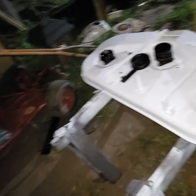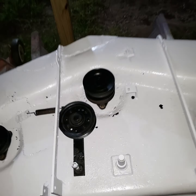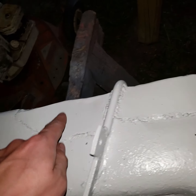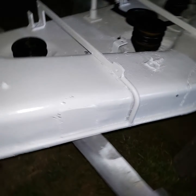Okay. Anyway, the blade deck. This blade deck has had a long history. Looks really good now because I restored it. I should start videoing when I restore this kind of stuff. It was really pretty rusty. I had to make all these patches, which look really bad because I used a flux core welder because the MIG was out of gas. I went through and...